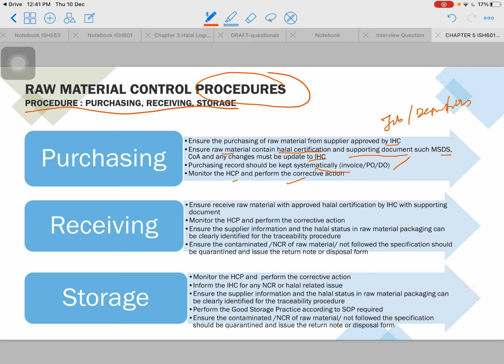the corrective action. For receiving officer, they need to ensure the raw material with approved halal cert by ISH6 with supporting document. Okay, make sure dia terima barang yang betul-betul approved, ada cap halal, dan approved by the ISH6 as well with supporting document. Monitor the HCP and perform the corrective action. Ensure the supplier information and the halal status in raw material packaging can be clearly identified and do the traceability